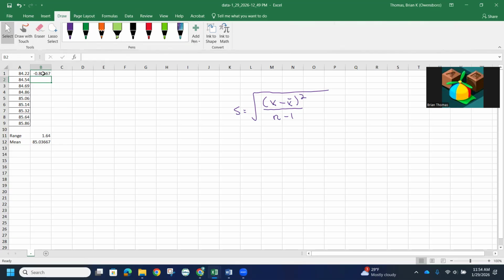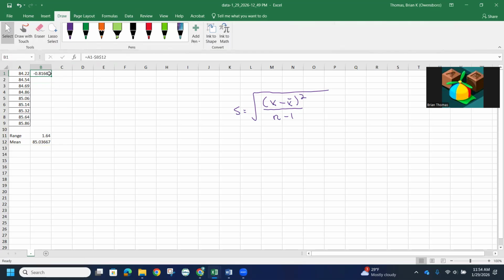To make this work, if I put dollar signs in front of the B and in front of the 12, it will lock in that cell. So if I hit enter,